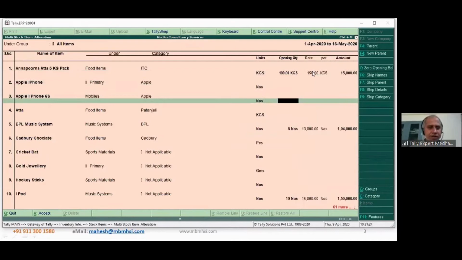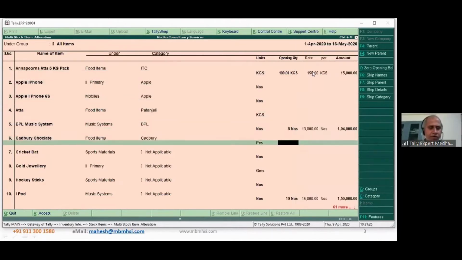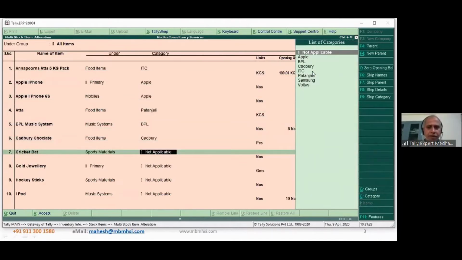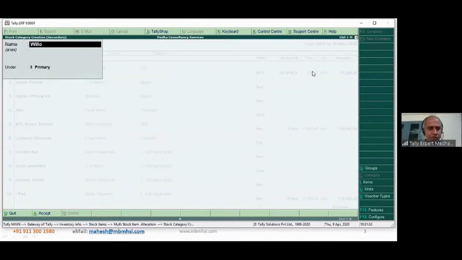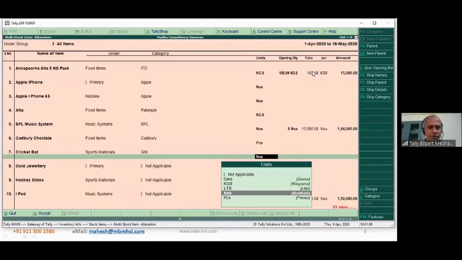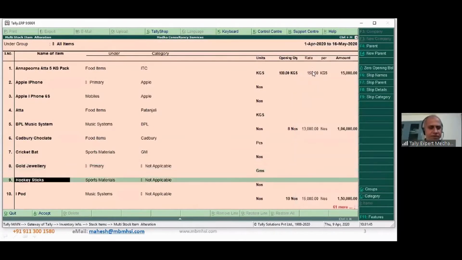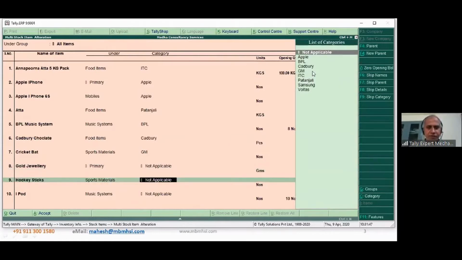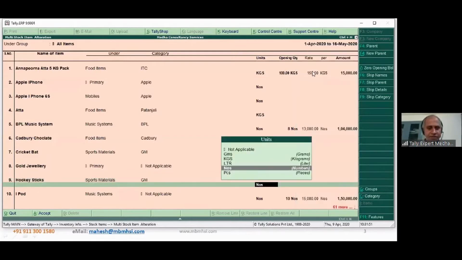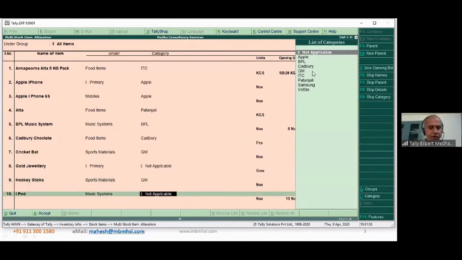Cricket, for example, I'll say Willow, or GM. Gold jewelry. Hockey sticks, I'm just saying GM itself, all sports products. iPod under Apple.